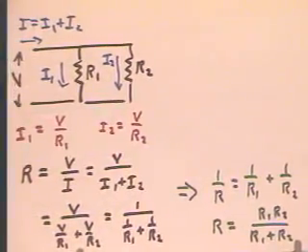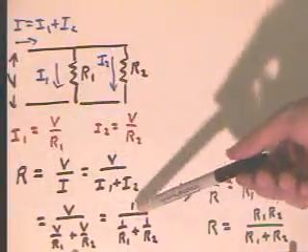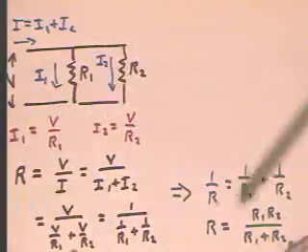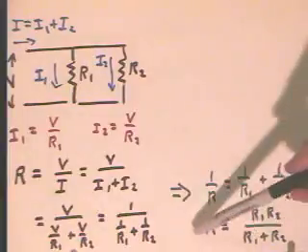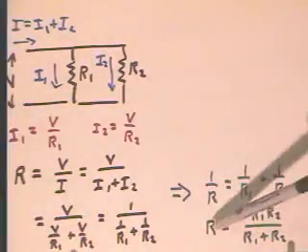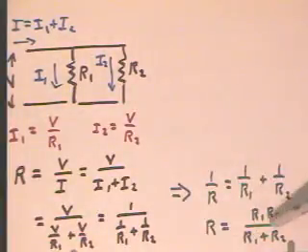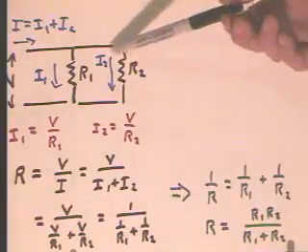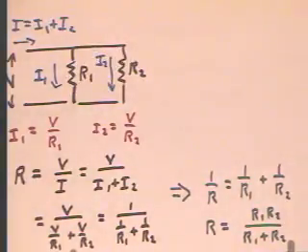Now that is, resistance is 1 over this, so that this is the reciprocal of the resistance. We get this equation, which we easily solve for R to get this. Both of these are very important. This is what goes on. This is what's illustrated by the parallel circuit. And this is the algebraic rearrangement that allows you to compute the equivalent